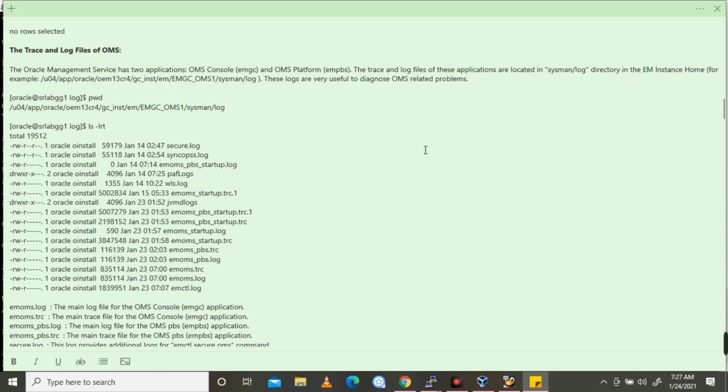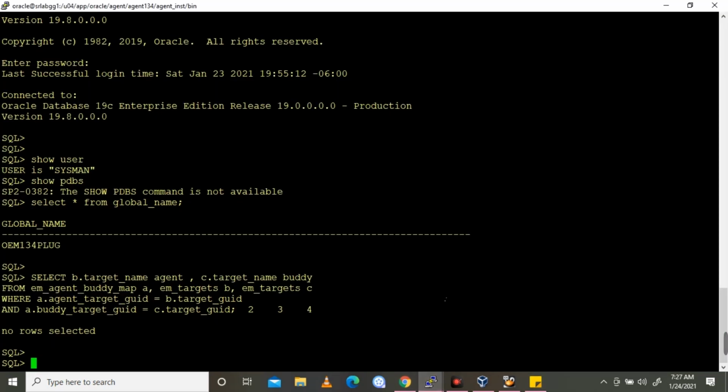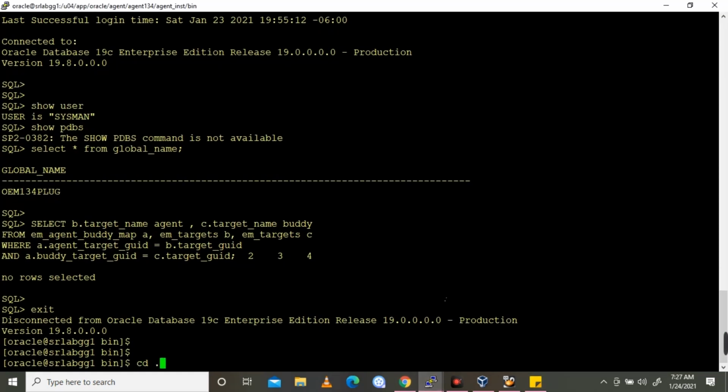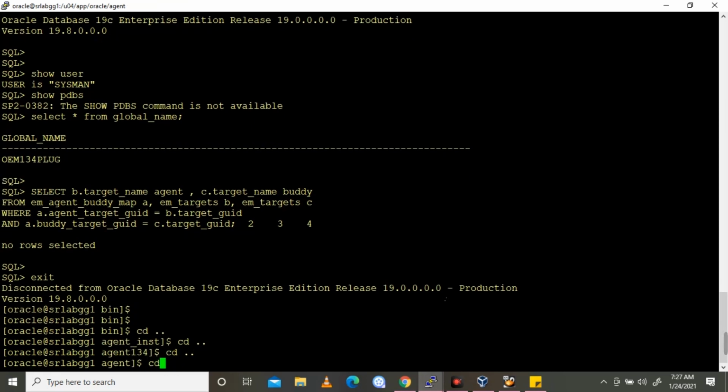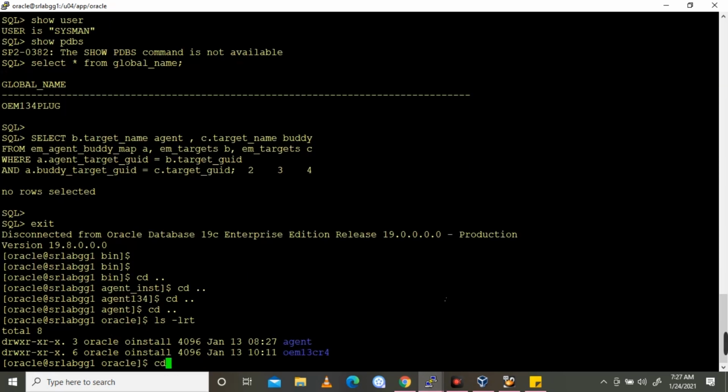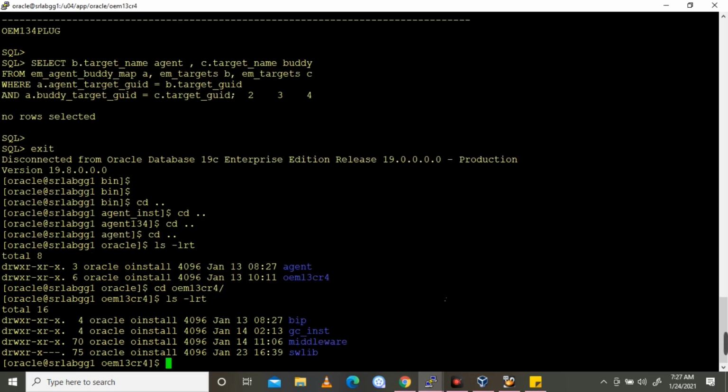For example, in my case, this is the directory location. I mean, this is the OMS home. You can see there will be four directories like BIP, BI Publisher, GC_INST, Middleware, and Software Library, swlib.